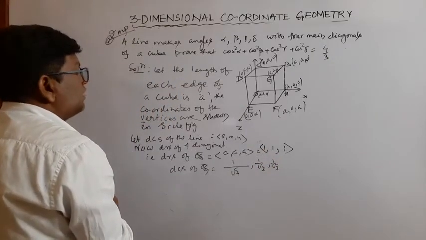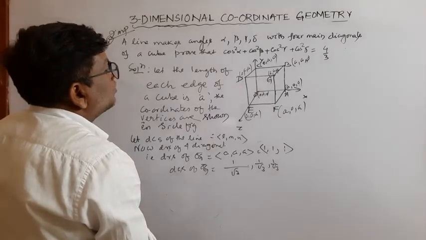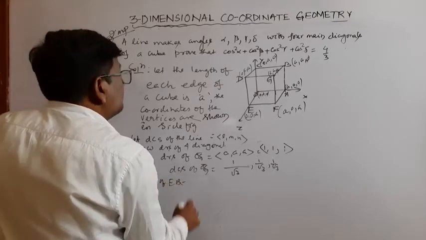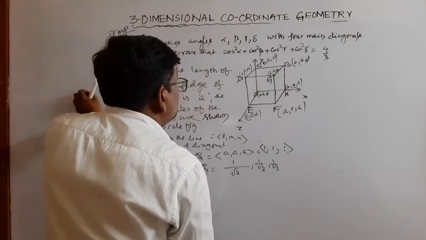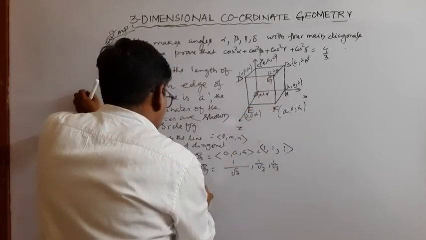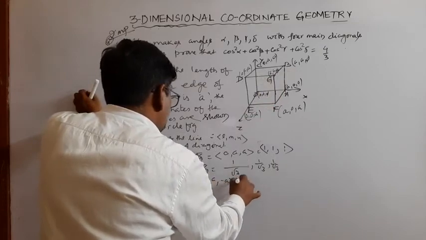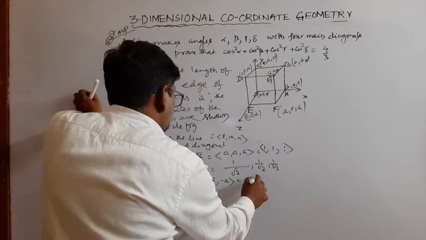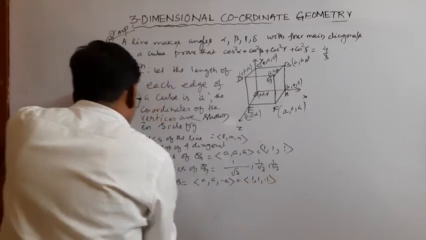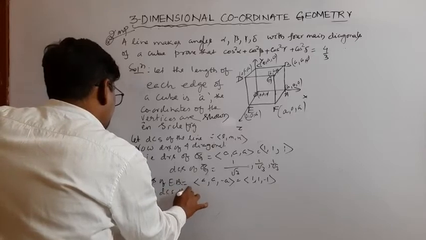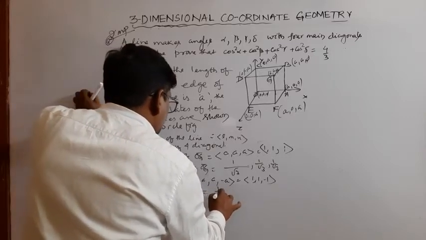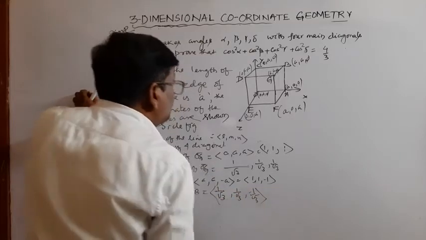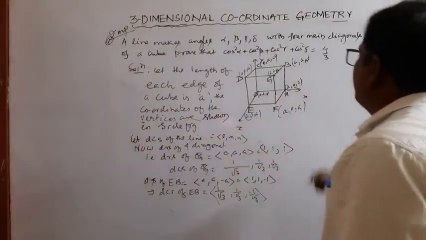Now the DRs of EB are A, minus A, minus A, that is 1, minus 1, minus 1. So the DCs of EB are 1 by root 3, minus 1 by root 3, minus 1 by root 3. Now